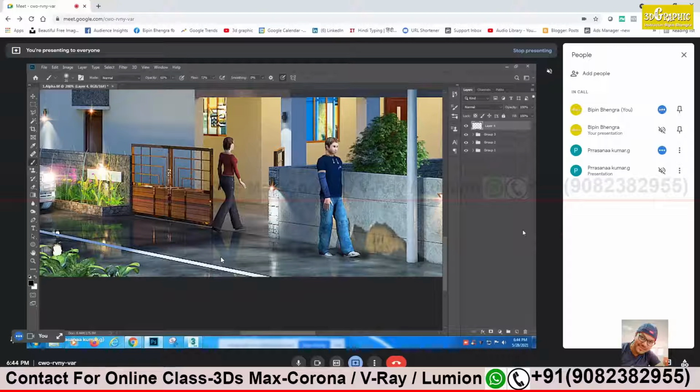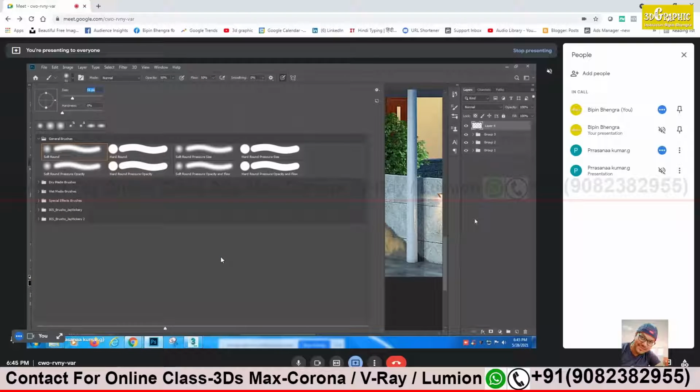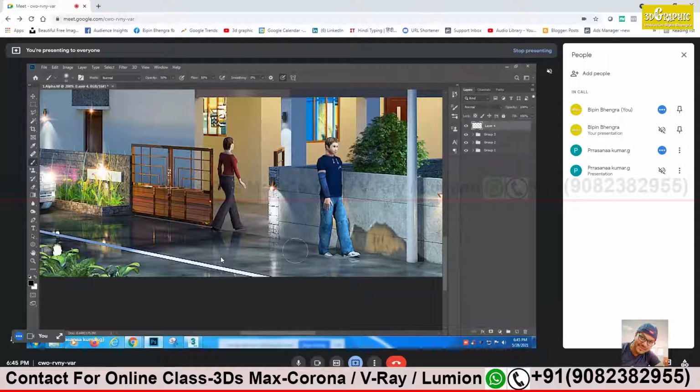Don't just single click and drag, otherwise you get a circular kind of spot. Reduce the flow and opacity a little bit. Make it 50-50 so that you can make a stroke two to three times. The first one will be very light and then click and drag. Then you can reduce the opacity of the layer as well if you're getting too much.